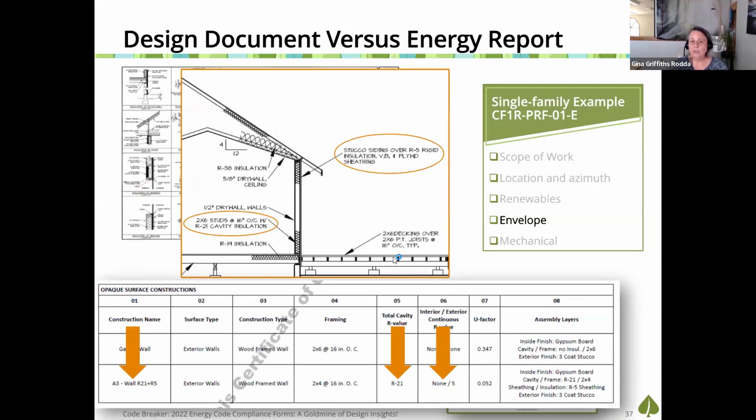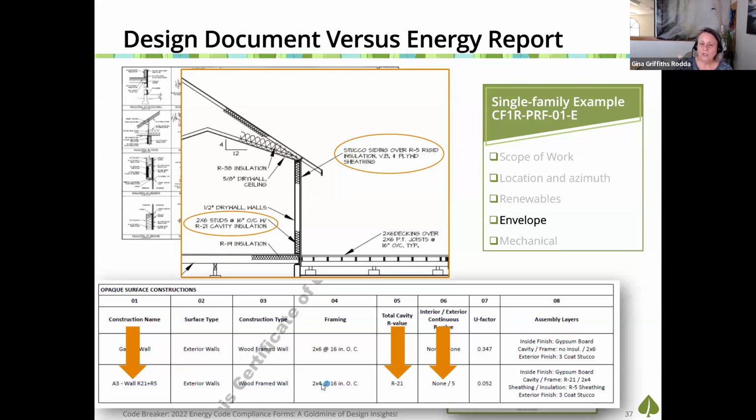Next, our specific building features, such as envelope features. I got to tell you, the opaque surface construction, being able to read that can be very difficult. And I always like to support exactly the detail that is supporting that specific building feature. So here I see that it says A3. This tells me on sheet A3 is where I'm going to see that detail that supports my exterior wall,